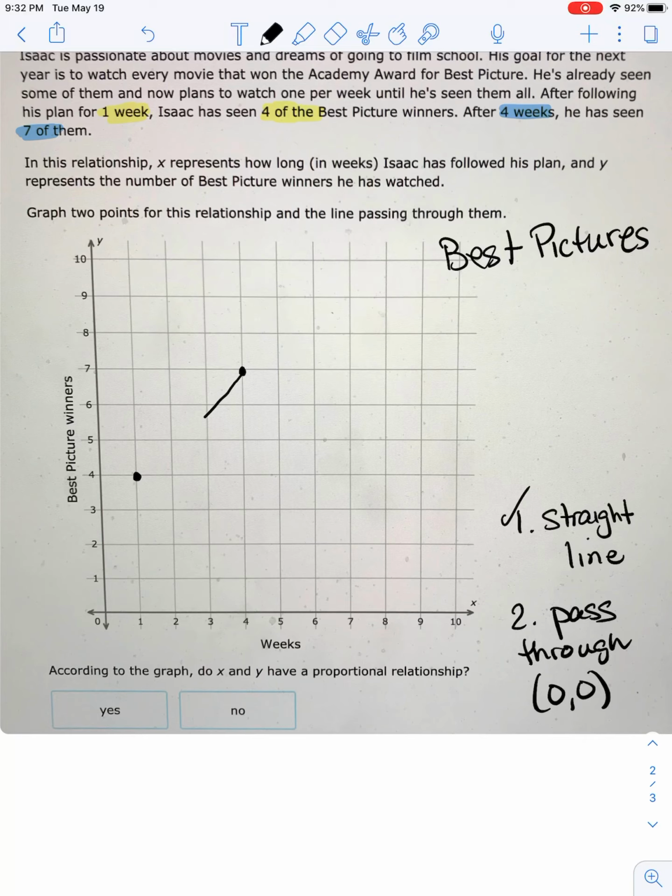Now, let's see. I'm going to follow this. My freehand isn't that great either. But if I follow that and make kind of a line, we can see that this line does not pass through the origin. So, therefore, it is not proportional. And those are 2 examples of how we tell whether a relationship is proportional or not based